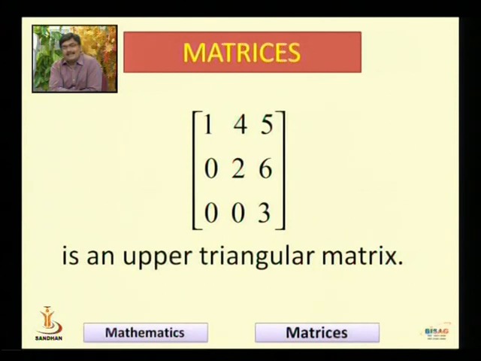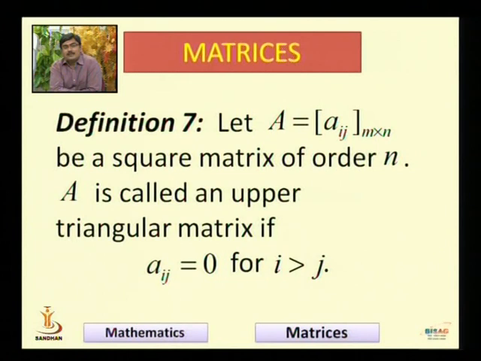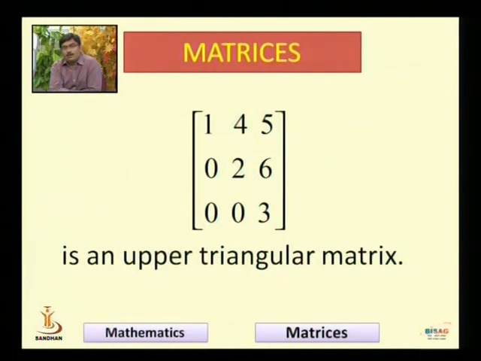See, i greater than j implies, so what are the elements which come into that category? One is A21 because 2 is greater than 1, another is A32 because 3 is greater than 2, and the last one is A31, because 3 is greater than 1. Rest of the elements don't fall into this category, that Aij is such that i is greater than j. Because of that, this matrix is called an upper triangular matrix.